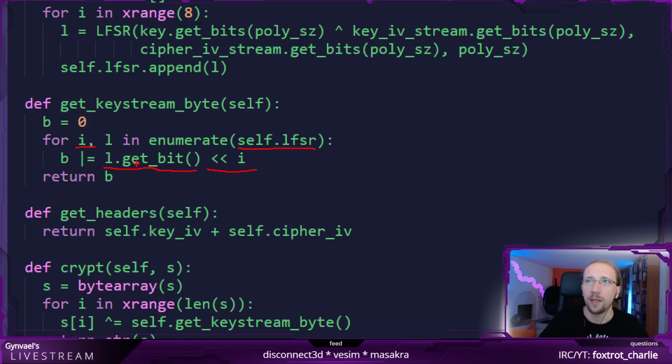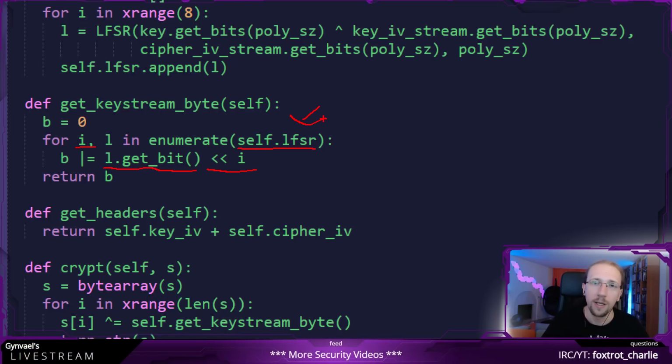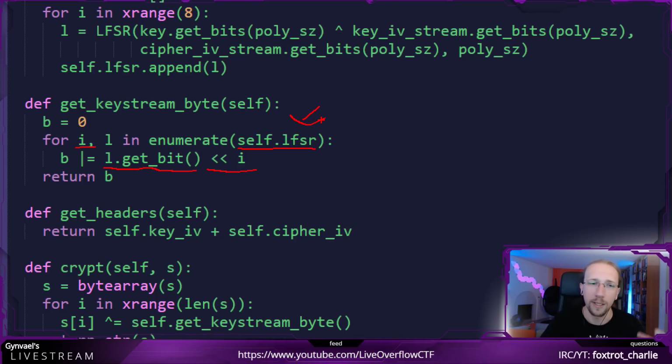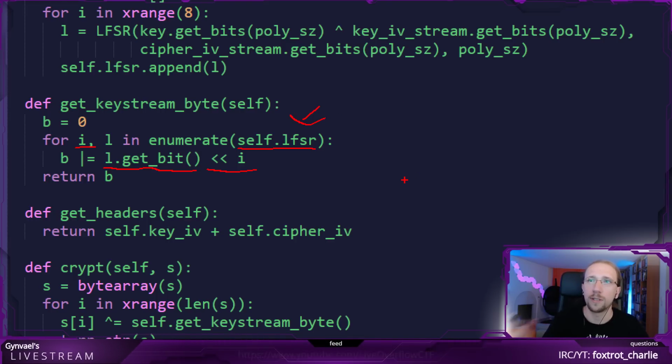So the 0th LSFR is responsible always for generating the 0th bit. So each bit of the byte is going to be generated by a different random number generator, which is fine.